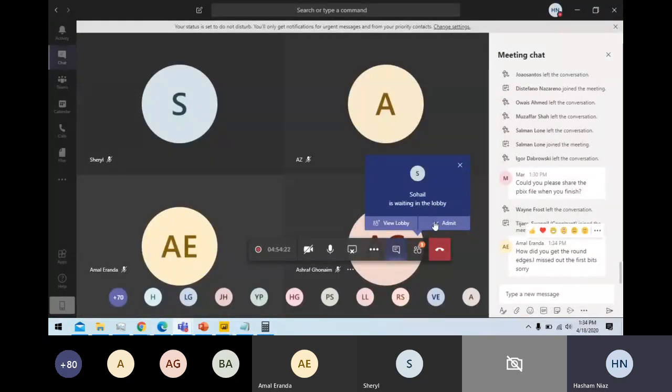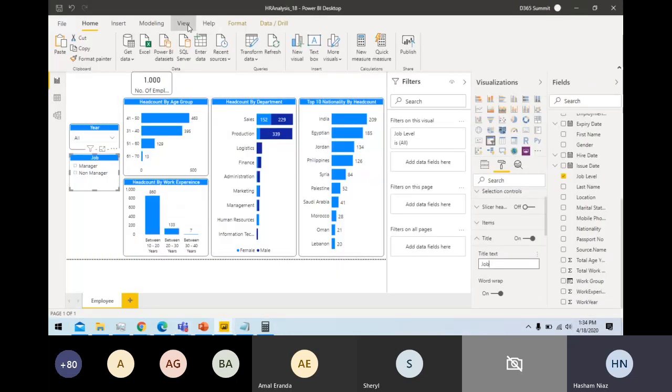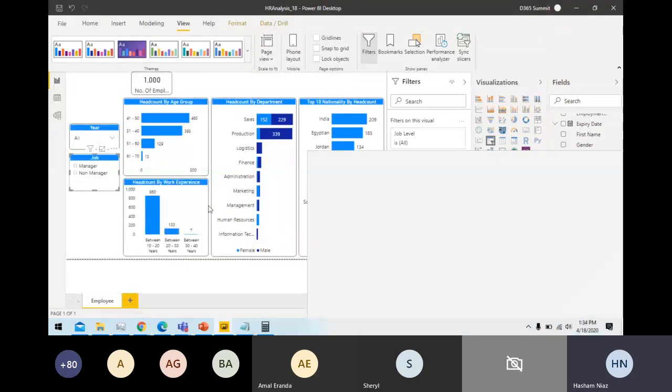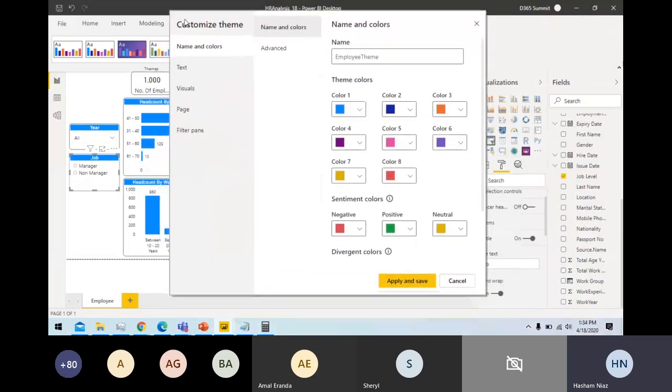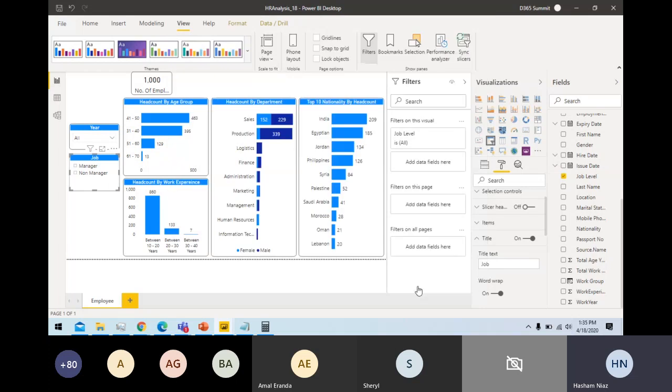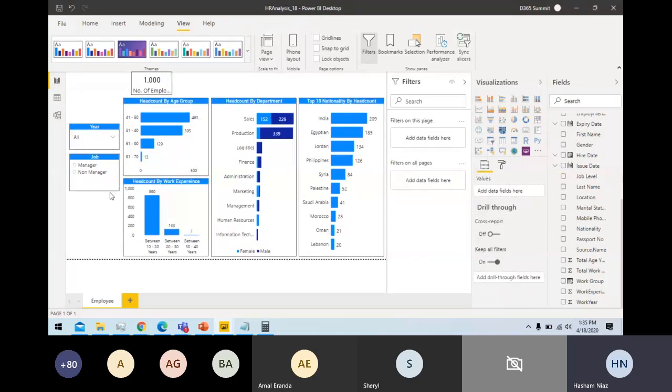Okay, so you get the round edges from here. When I go back to my view, and if I want to apply these round edges, you can do it on the individual visual, or you can do it for all visuals as well. So if I go here with the visual, I have the visual header, and in the visual header I turn the border on, and I provided this radius, so this will be round. If I set it to 0, and I save it, now there is no rounding, right?